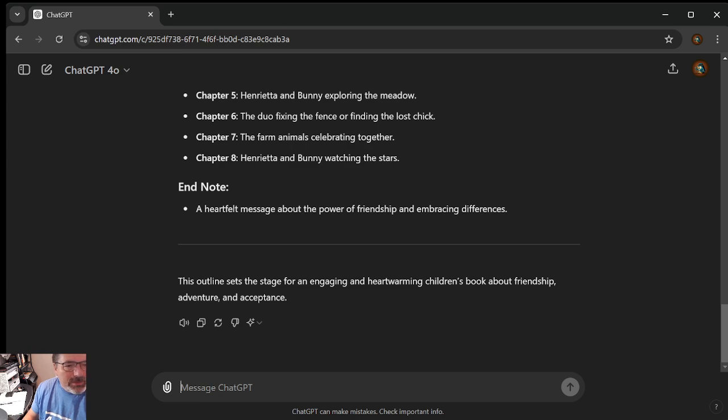So here's some general uses I found useful. I was reading my notes here. Drafting blog posts, emails, articles, brainstorming topics, generating creative ideas, enhancing the clarity and quality of written content. So you can use it for this too. Like, let's say you want to write an email to your boss. You can say,